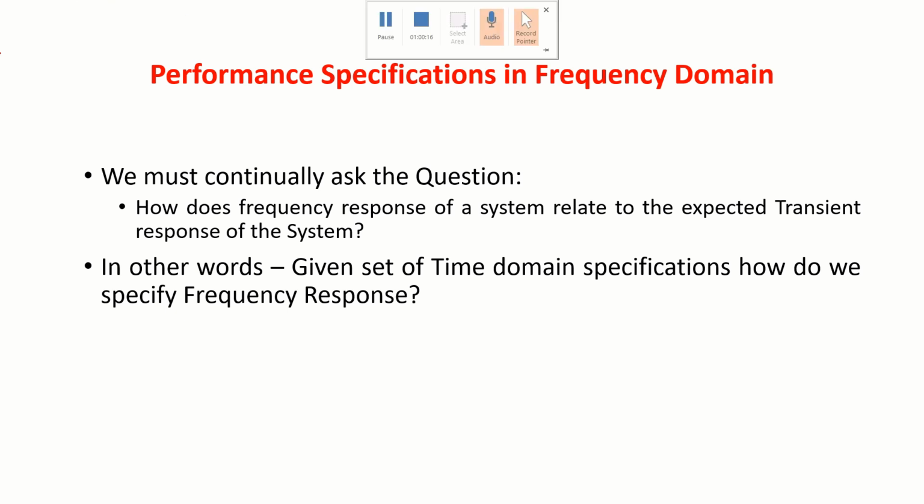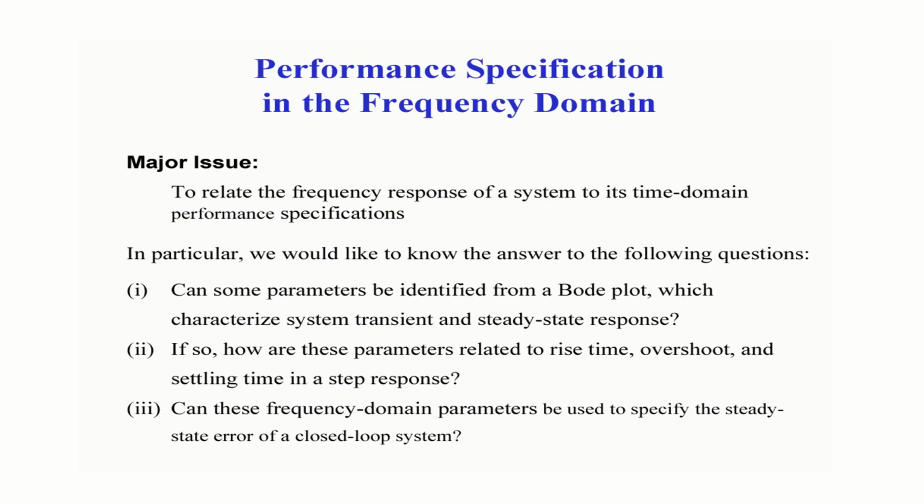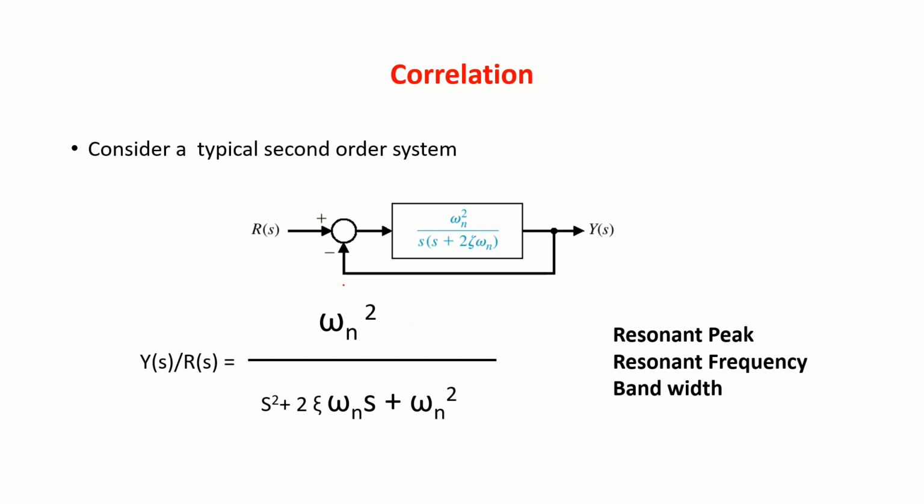Now there are certain things here. Performance specifications in frequency domain. How does the frequency response of a system relate to the expected transient response of the system? In other words, given a set of time domain specifications, how do we specify the frequency response? To answer this question,